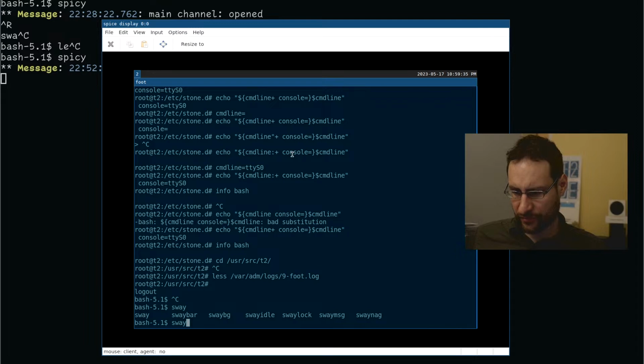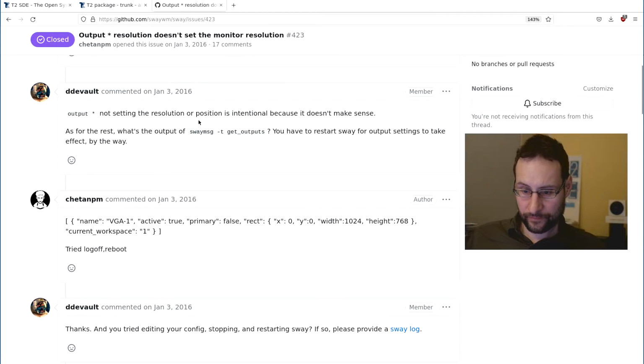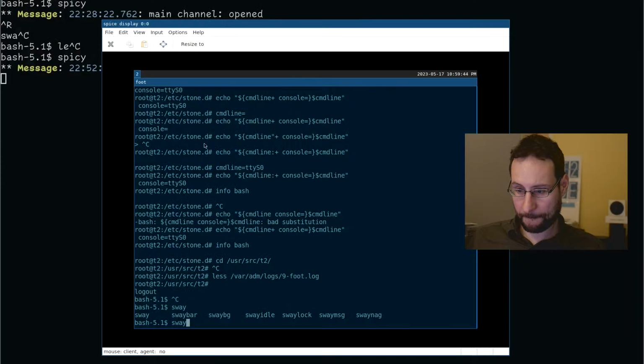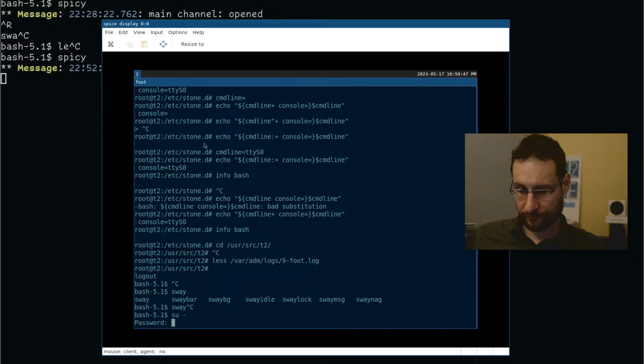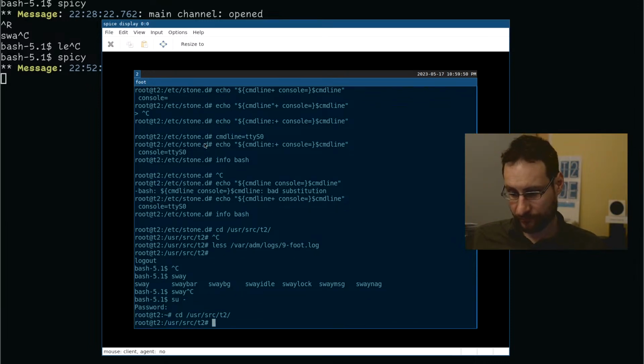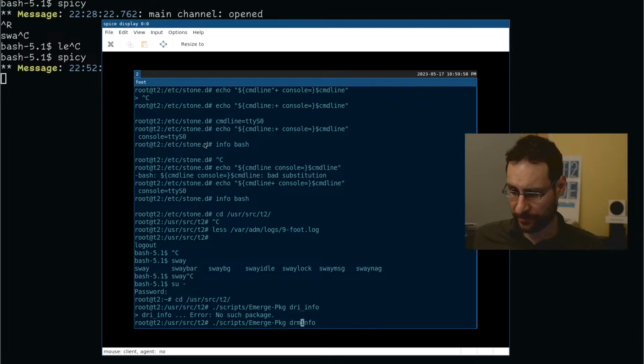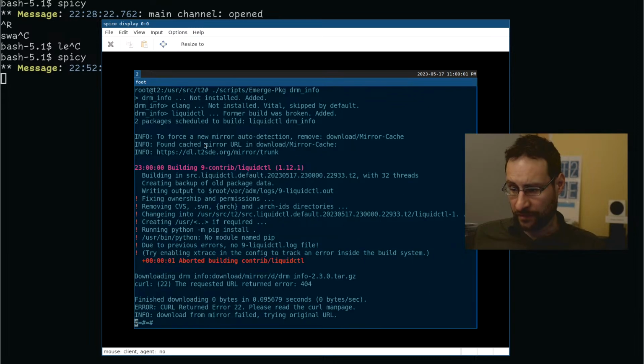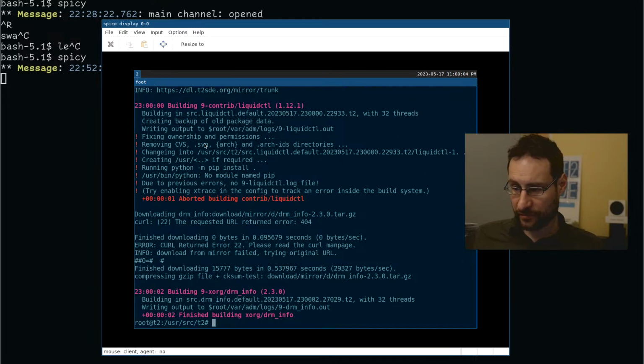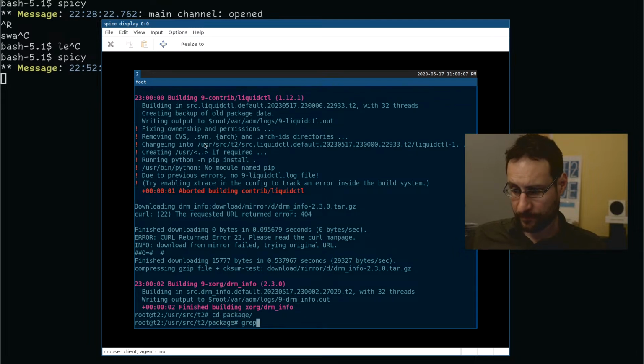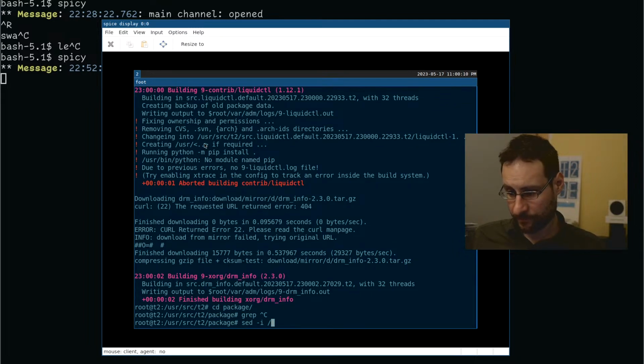Can Sway message do Sway output? Because I don't know the name now. What was the name of this? DRI or DRM info? Probably DRM info. Okay, I guess this looks like garbage.